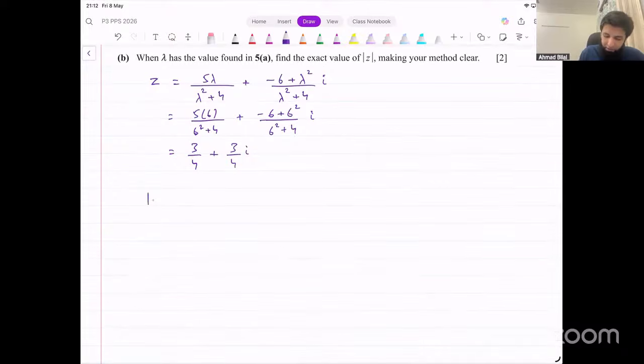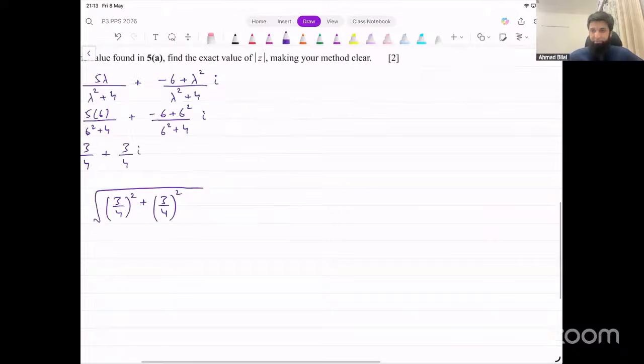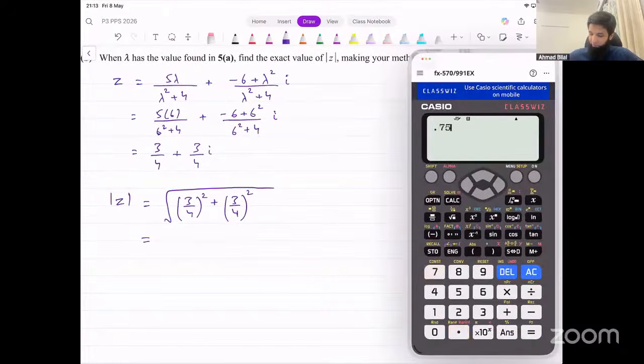What about the modulus of z now? Do not write down the answer directly. Show the step. 3 over 4 whole squared plus 3 over 4 whole squared, and then take square root of that. And that will give it the modulus. What's the value for modulus that you're getting? What's the modulus value? Has anyone done this? 0.75 squared plus 0.75 squared. Square root of this, and that is,